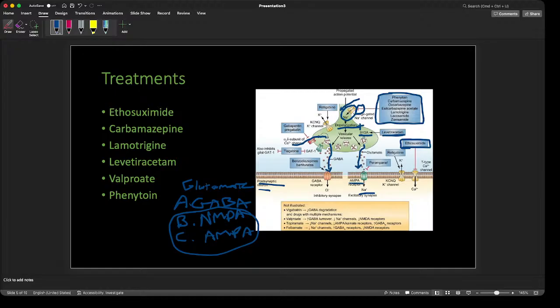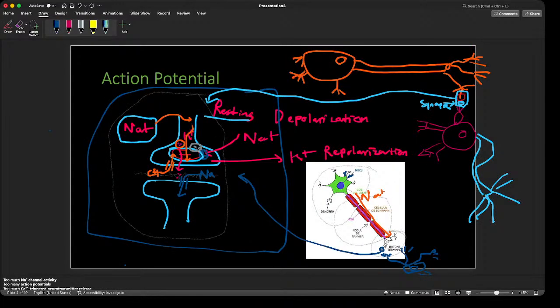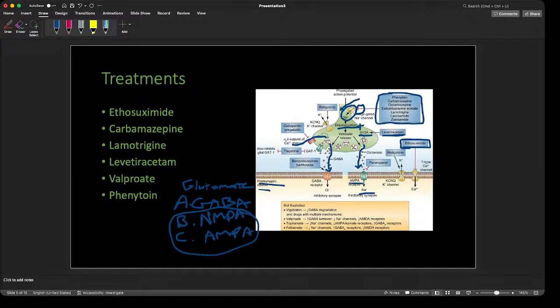And this one was pretty interesting, the retigabine. You can see how it's kind of potentiating the potassium as it comes out of the neuron. So, like I mentioned, that's just repolarization. So it's coming out, making it negative again. So that's actually a good thing. So it'll kind of repolarize the neuron. So that's interesting there.